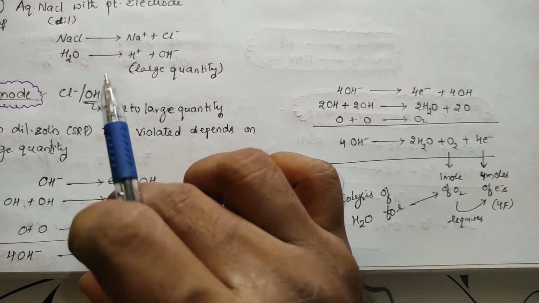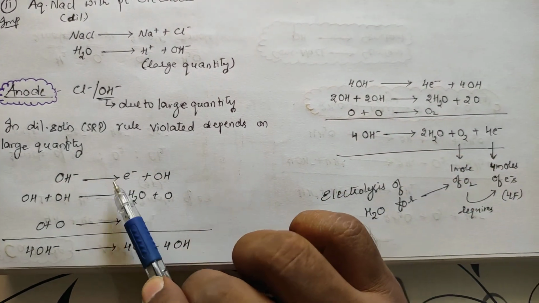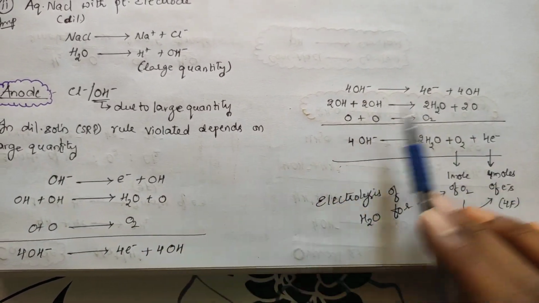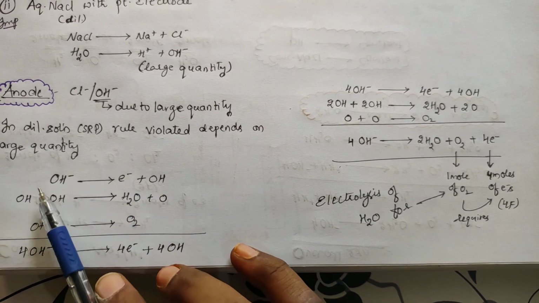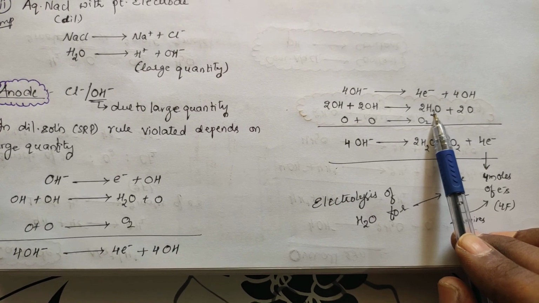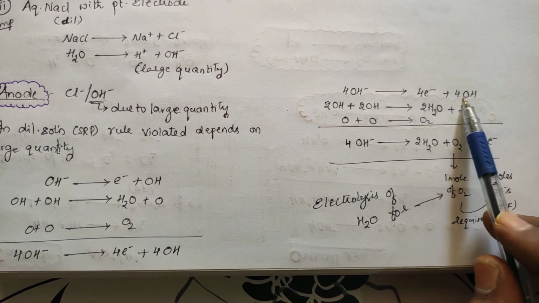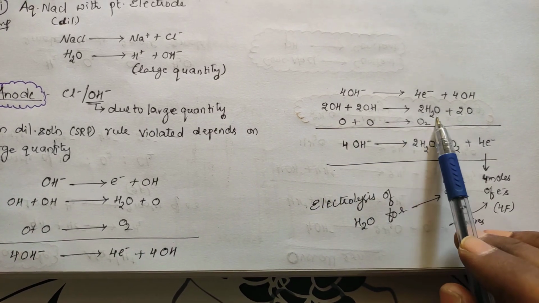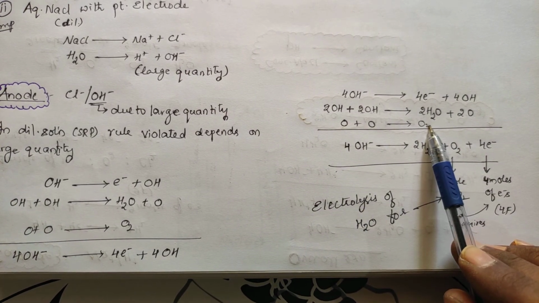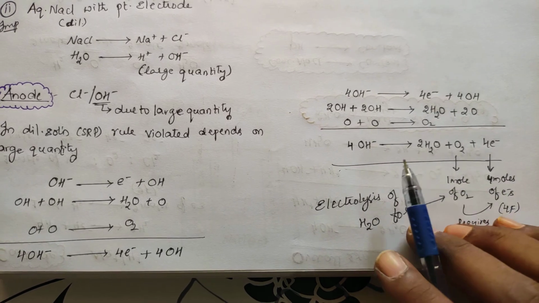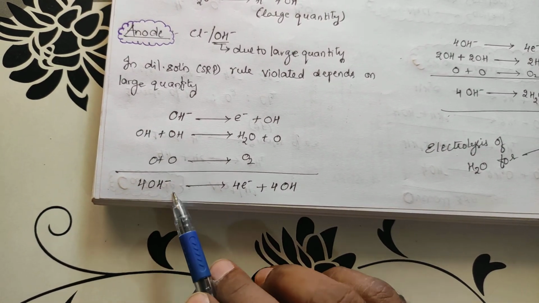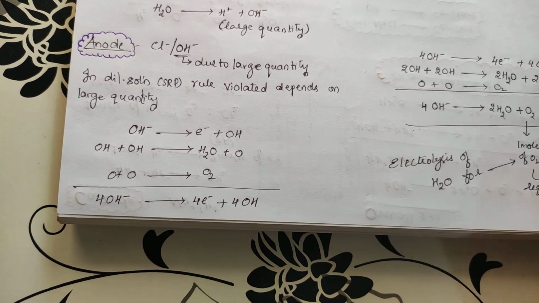See, I have represented the entire thing in a balanced way. This is the first equation, and the same thing is happening here also. To get 4 electrons out here, I am taking 4 OH minus. Why am I taking 4? So that I get 2 water molecules. Two water molecules means I require 4 OH, that is 2 OH and 2 OH, giving 2 nascent oxygens, and the 2 nascent oxygens combine together to form an O2 molecule. So on combining, the entire thing is 4 OH minus gives rise to 2H2O plus O2 plus 4 electrons. That is what I have written here.